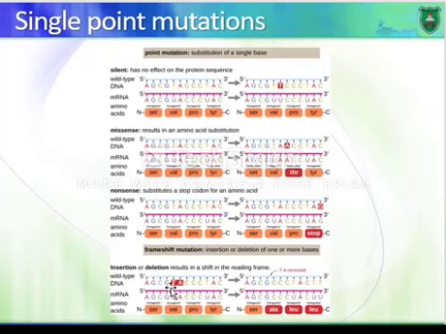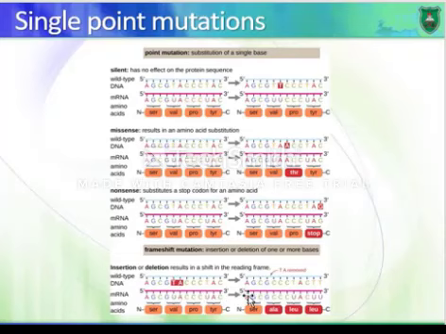Then mostly this resulting amino acid sequence, or later on the protein, will not do the proper job. So the substitution of a normal codon into a stop codon, as you can see here, we call it nonsense mutation. Also, we have the insertion or deletion mutation. What do you mean by that? If you delete or insert,